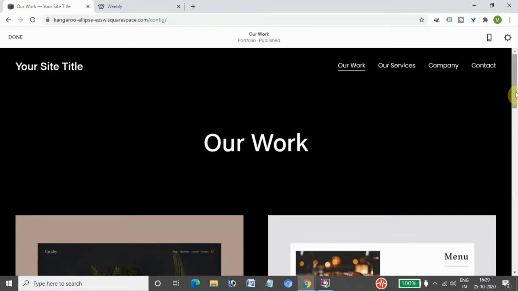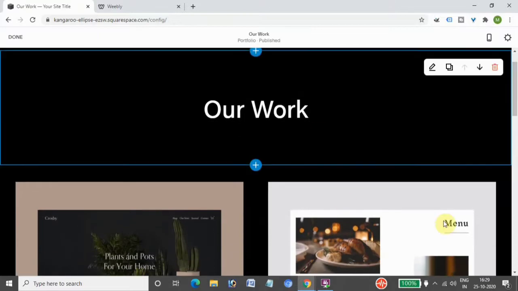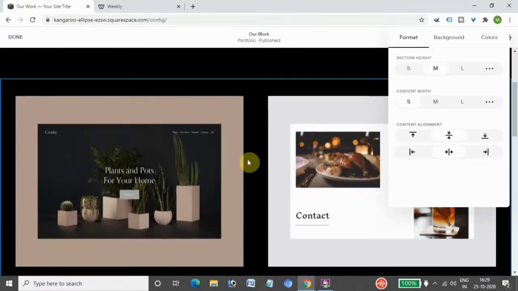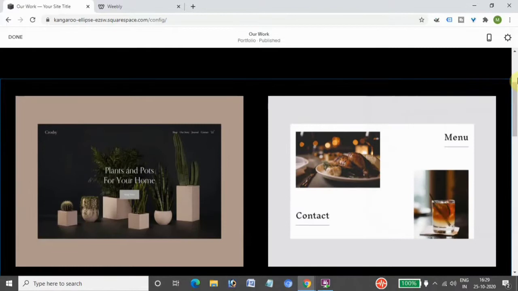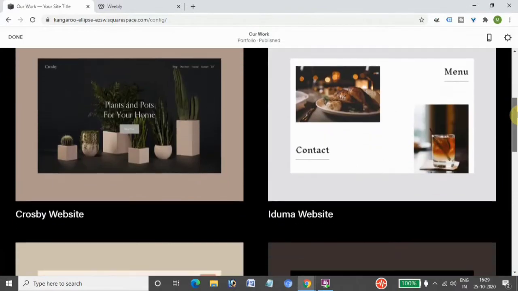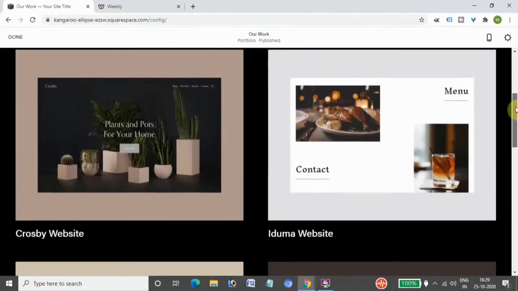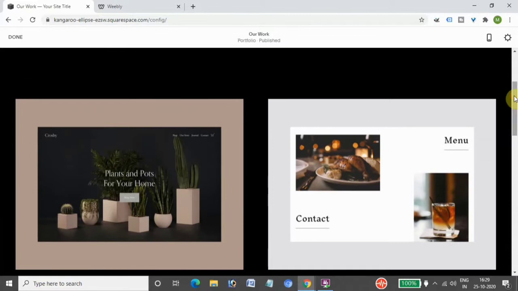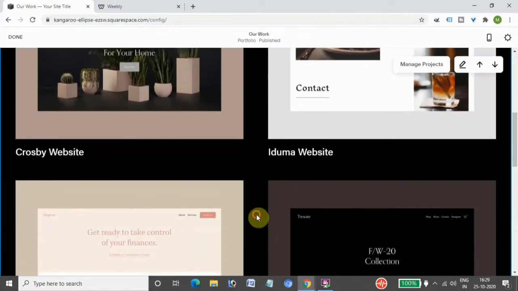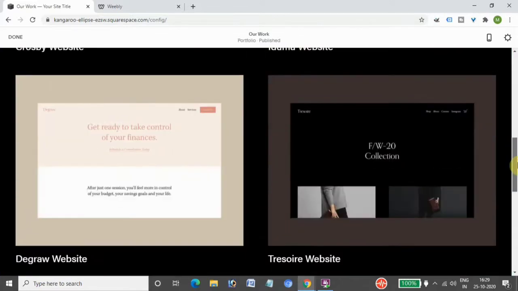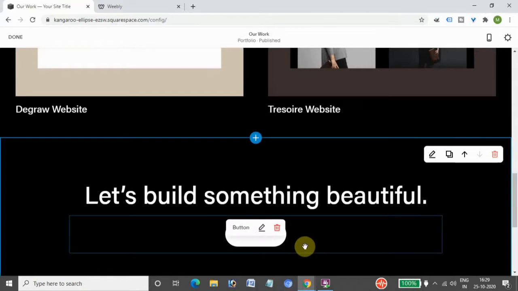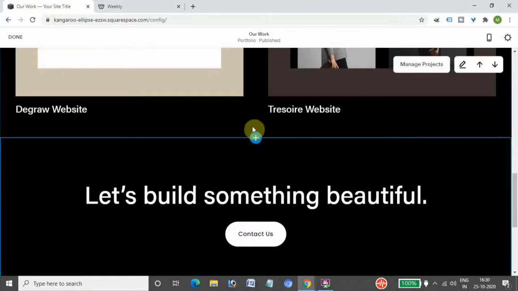Here you can see this is one content block. Then we have another content block here, which has some images and descriptions. Each of them is a separate block. As we go down, this is a separate content block.